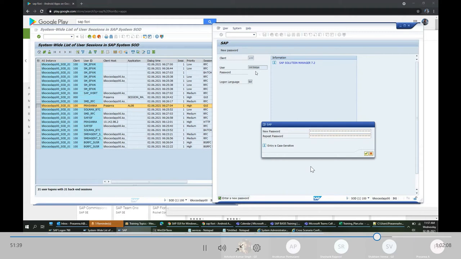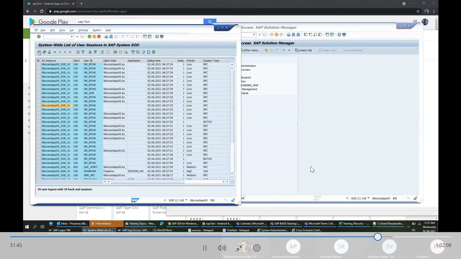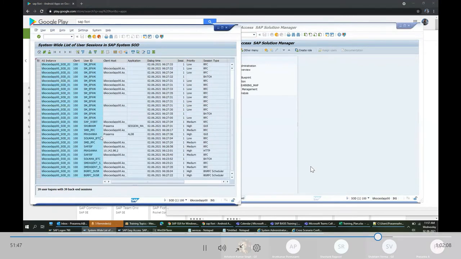Once you have logged in, if you come and refresh here, you can see the user has logged in. So now you can also see whichever transaction the user is executing here. Now he is in the home screen.